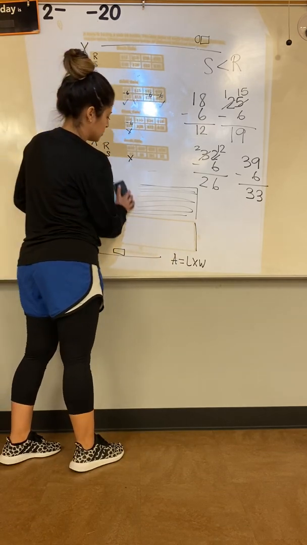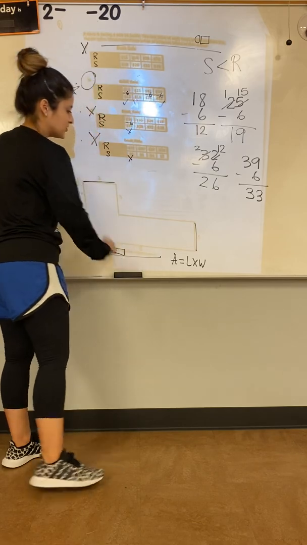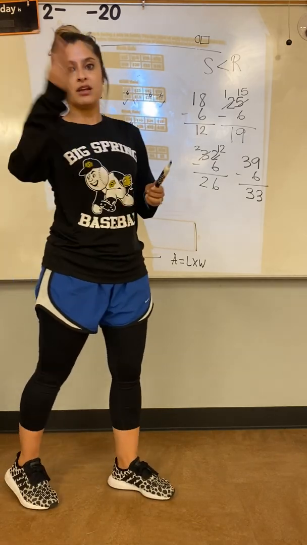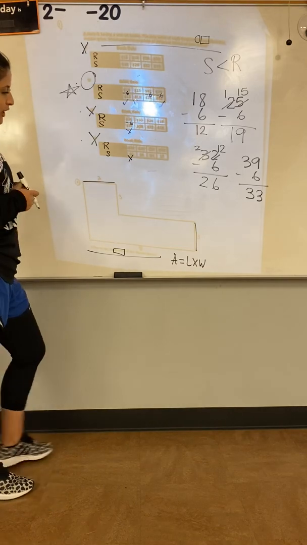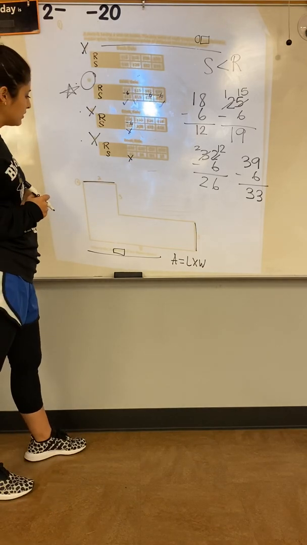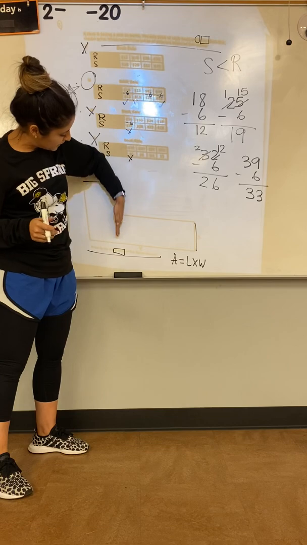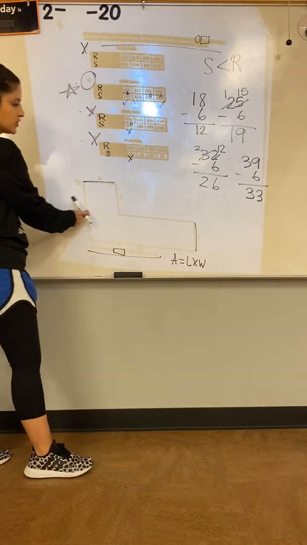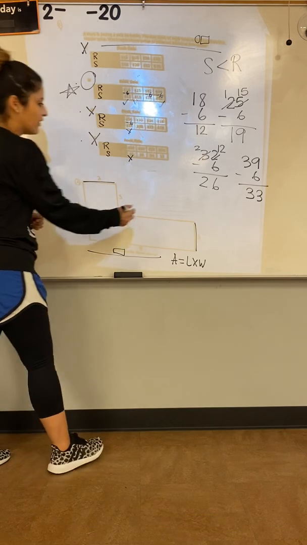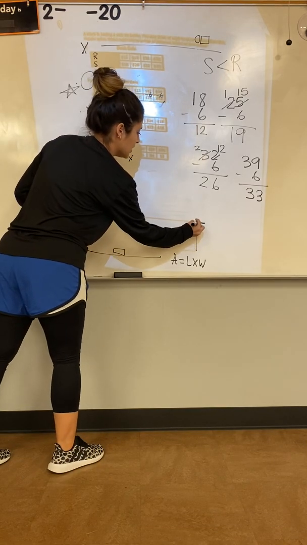Okay, so when we come to a composite figure, the first thing that we're going to do is decompose it. That means we're going to break it apart. So where can I break apart this figure? Well, I could break it apart vertically here. I can also break it apart horizontally here. Now I'm going to break it horizontally